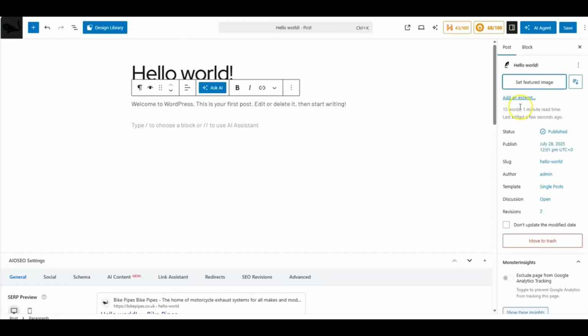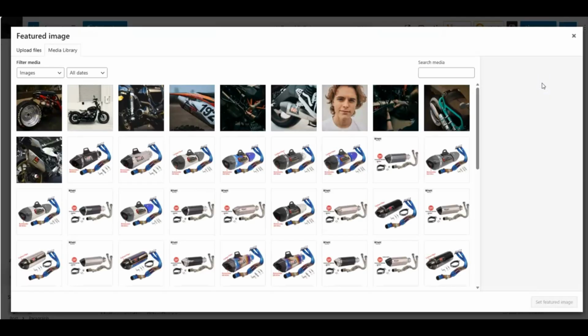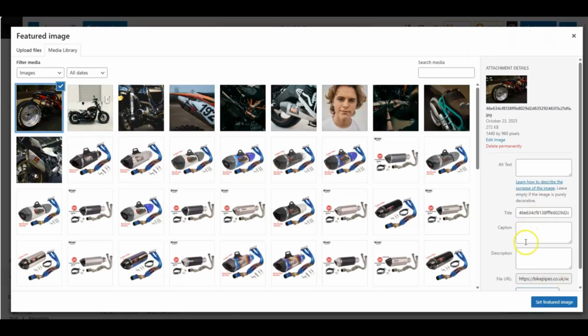There's a few ways. You can simply click into your post. There's a set featured image function on the right here, and then you can just select the image that you want. So for example, I've gone for that one there. Just click on it. You can then add, and this is quite good actually for your SEO, if you add some descriptions in there, some alt text, a caption,